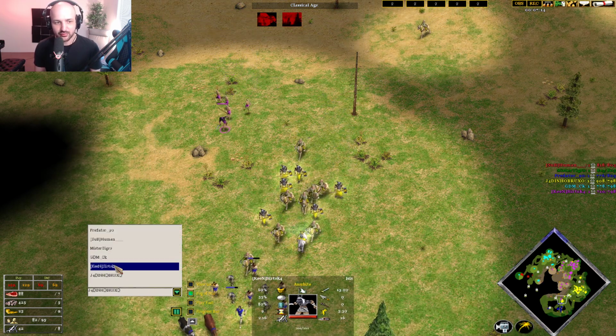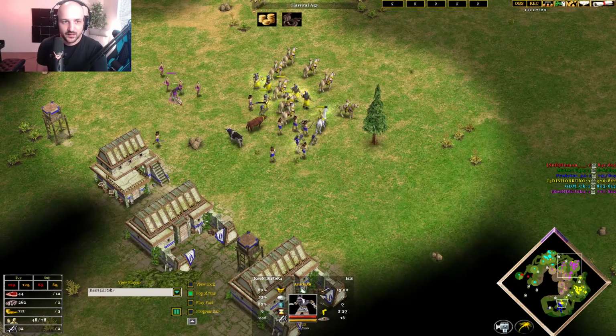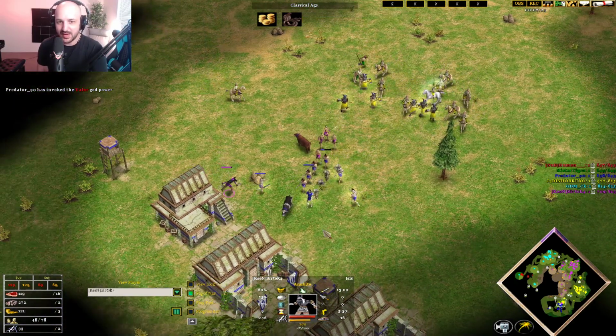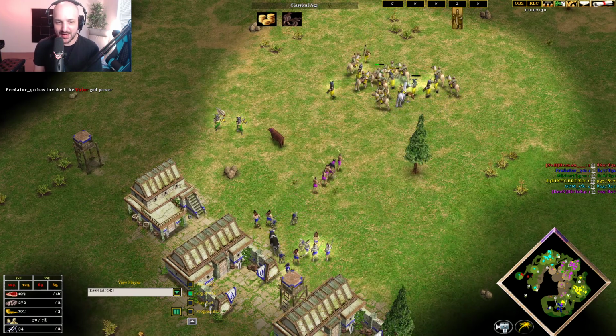Surtok did go through Anubis here, so he's going to have access to those Anubites. If we take a quick look at them, he doesn't have any upgrades on them just yet, but he does have 2 monuments up. He's got 33 favor in the bank, so he's going to be able to spam those out really, really heavily, as the army for Predator is getting pushed back,